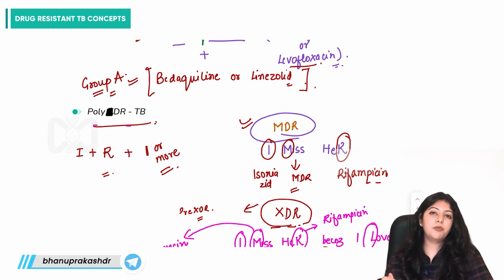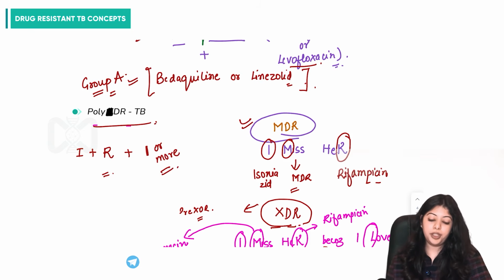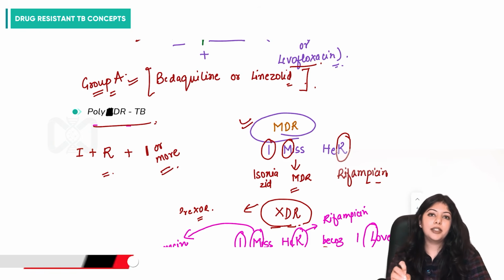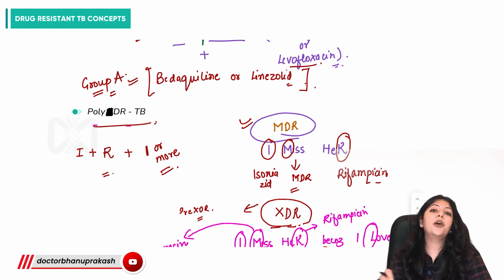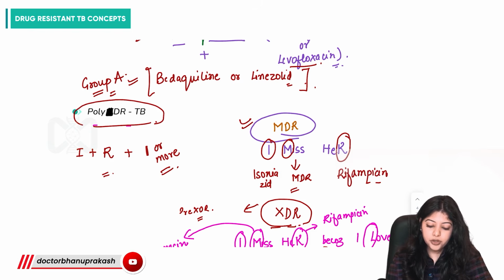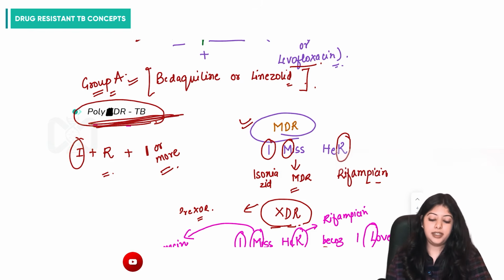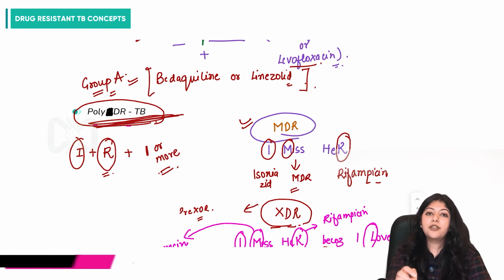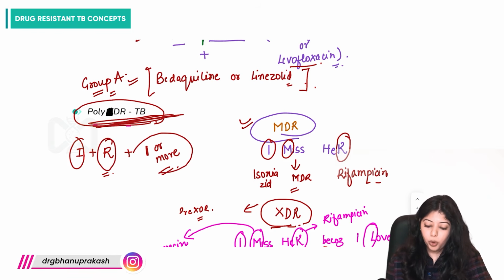So what is the difference between MDR and polydrug resistant TB? MDR includes isoniazid, rifampicin with or without resistance to any other first-line drugs, whereas polydrug resistant TB includes resistance to isoniazid, rifampicin, and of course resistance to one or more first-line anti-TB drugs,